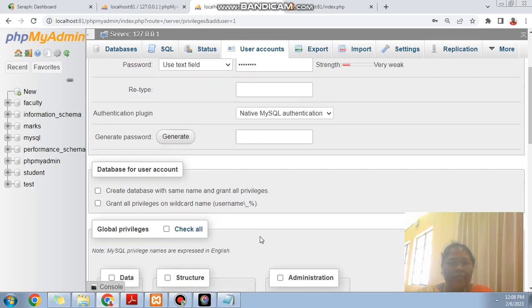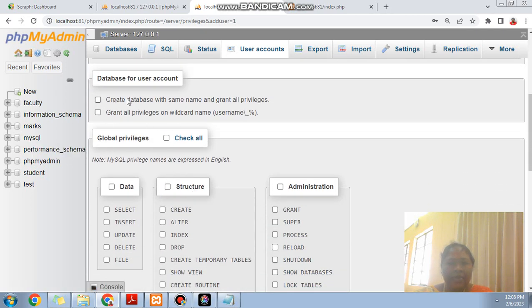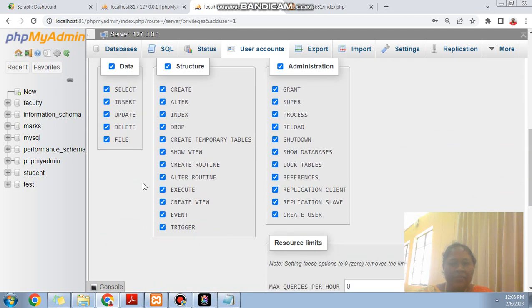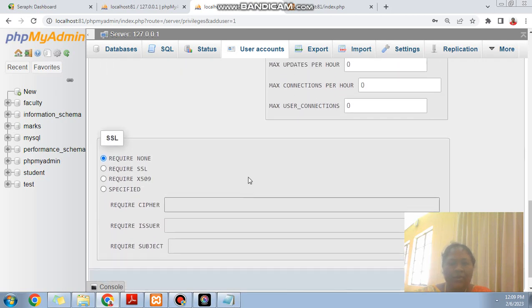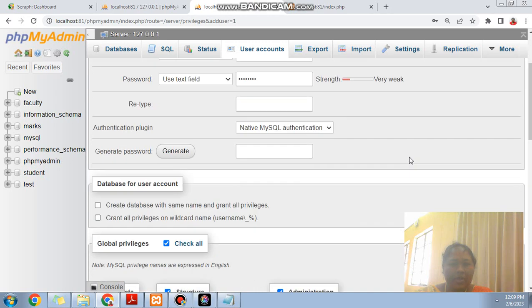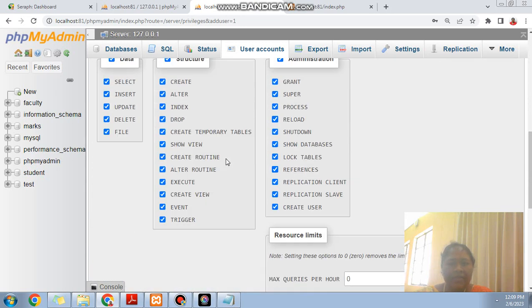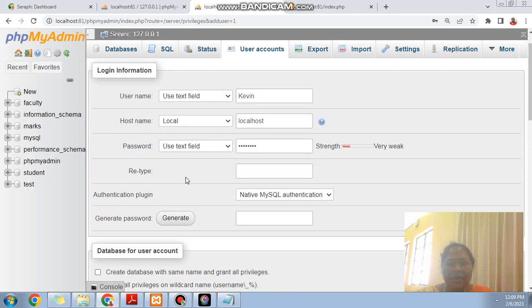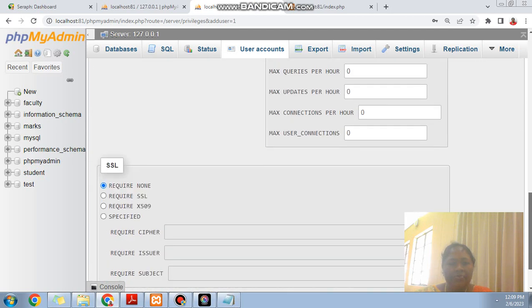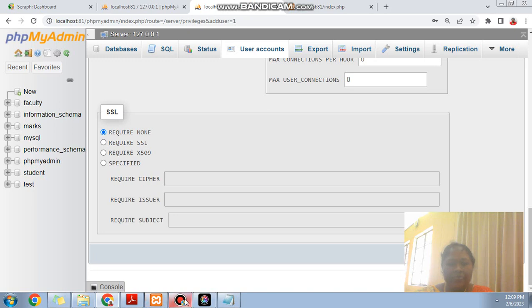When you go down, for this database user account, you choose which privileges you are giving. If you are giving all privileges, check all. Otherwise, whichever privileges you don't want to give, remove those. So this is how you create the user account. After setting all those things, the user account is going to be added, and once the user account is created,